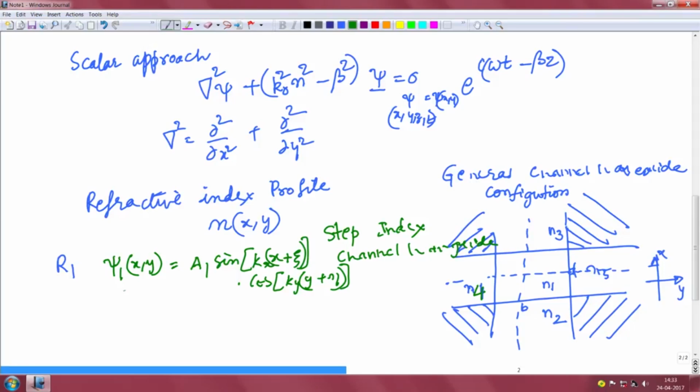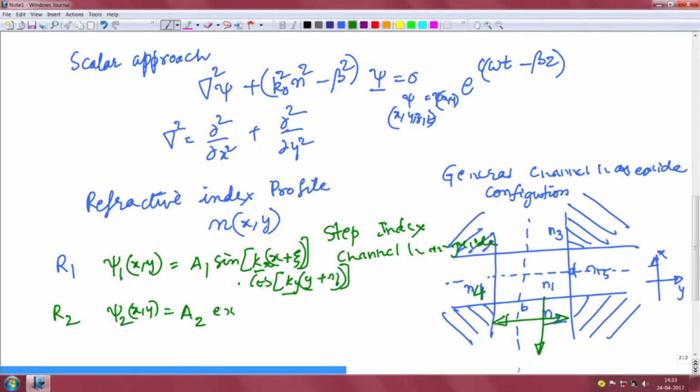So, we can express the field in the guiding region as a product of sine and cos, where kx and ky are constants representing the variation of the field along x and y directions oscillatorily. Similarly, in the region 2 we can express the field psi 2. This is a region 2 where we have oscillatory nature in the x direction and exponentially decaying nature in the y direction. So, for that we can express the field as follows: A2 is an arbitrary constant, we can say